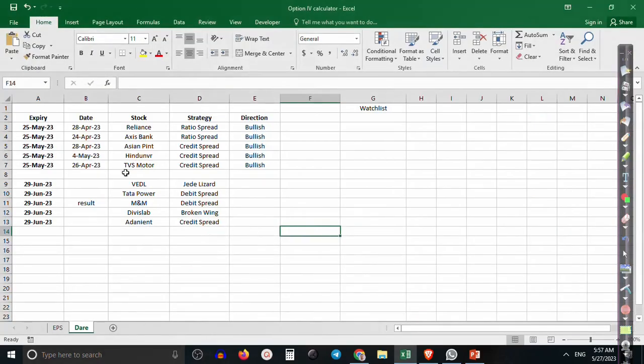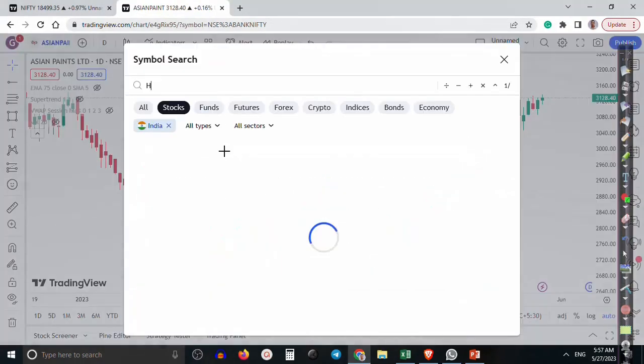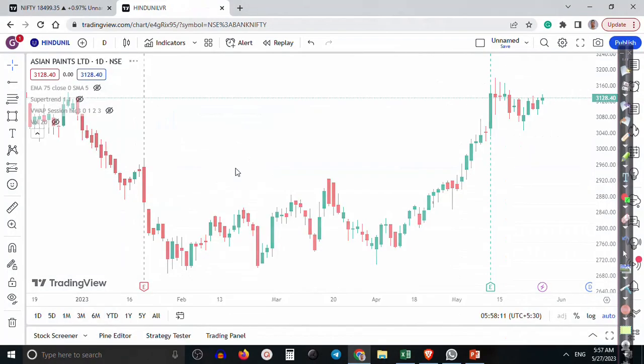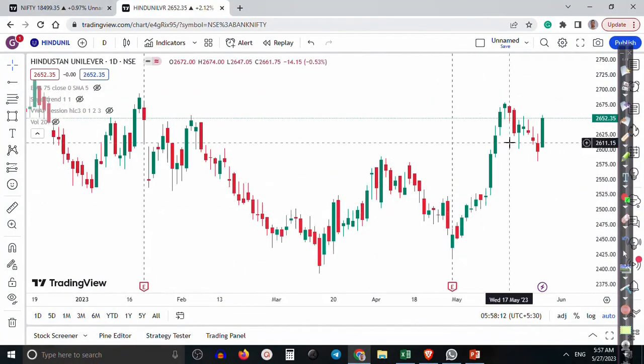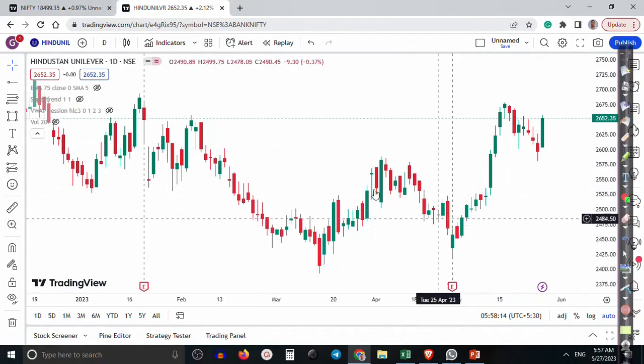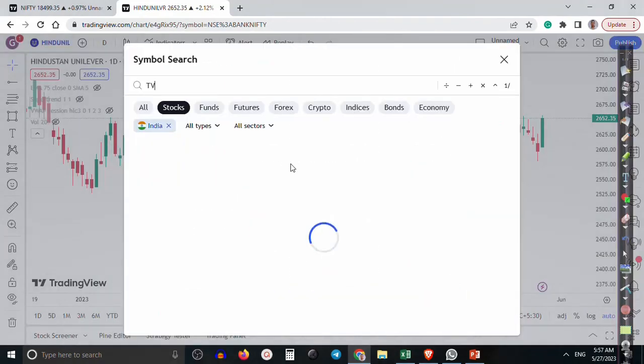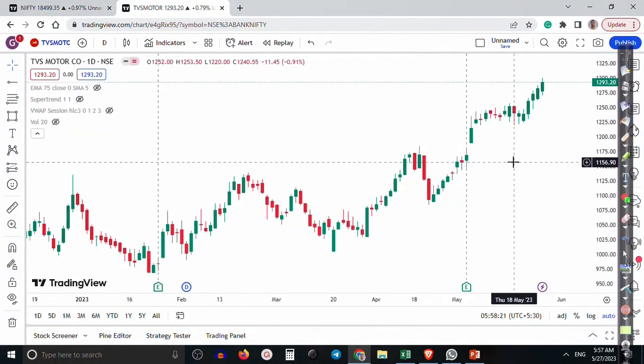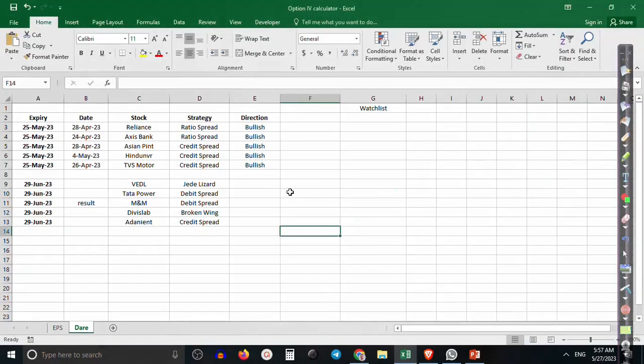Another is Hindustan Unilever, also a credit spread, and TVS Motor. Hindustan Unilever was also bullish. And another, TVS Motor, was also bullish. You can see all five stocks we deployed last month, and then this month I use